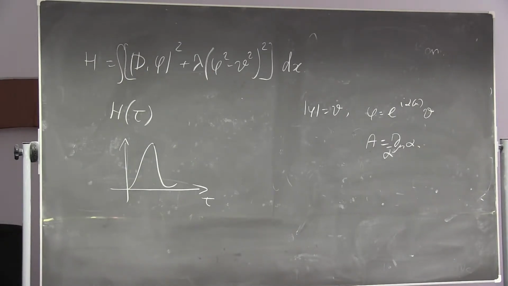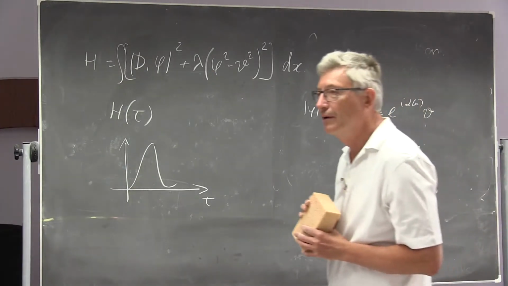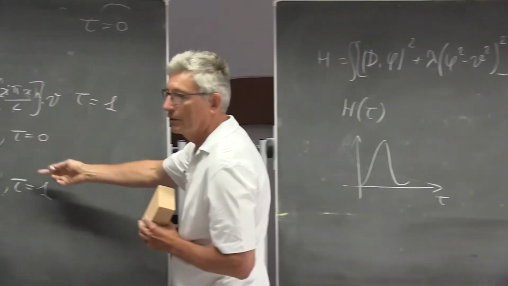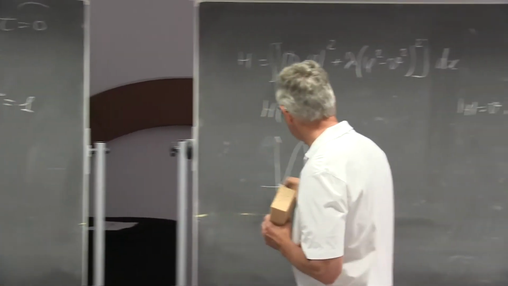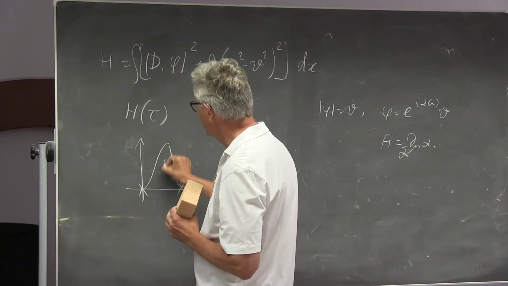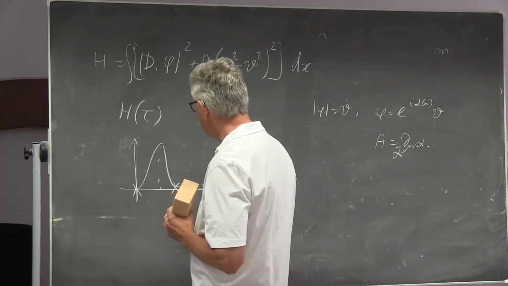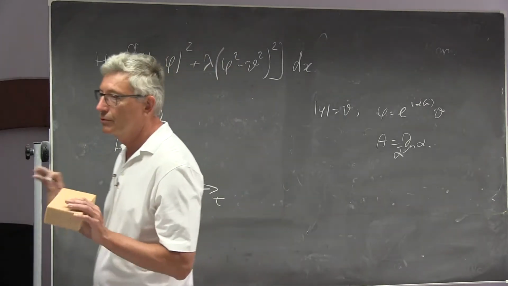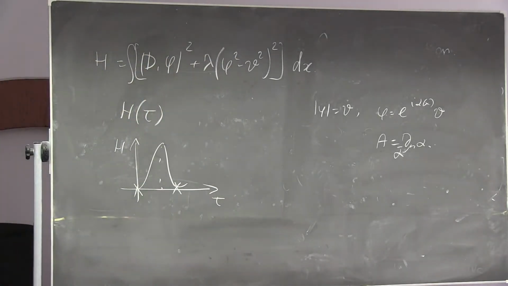But yes? The energy of them is 0. No? Sorry? The energy of both of them is 0. Energy of this configuration is 0, energy of that configuration is 0, and this corresponds to this point, to that point, but what is in between? This is a function of tau, this is energy, and what is in between is not equal to 0. There is absolutely no way to go from one place to another